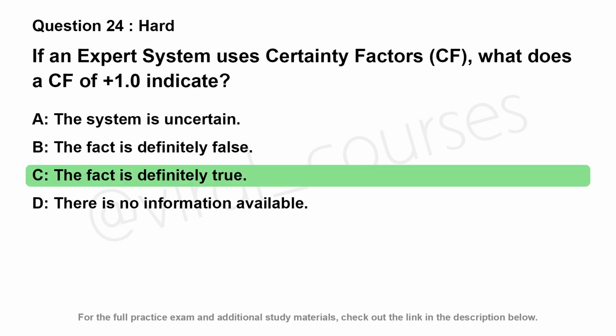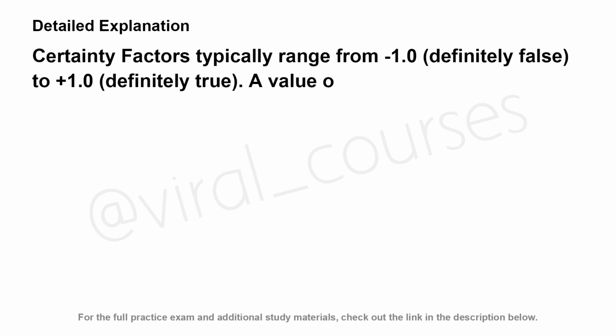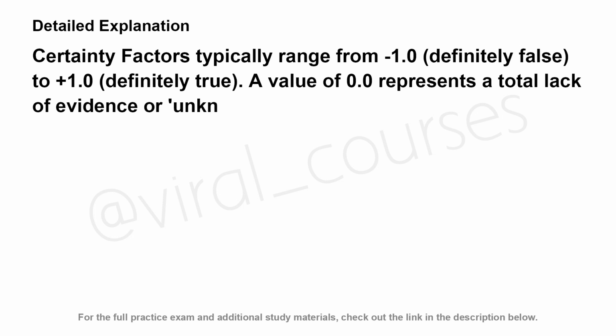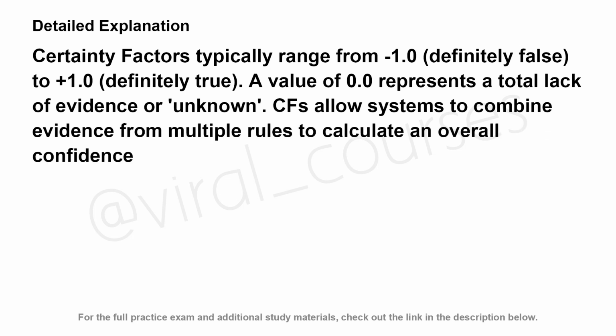The correct answer is C. Certainty factors typically range from -1.0, definitely false, to plus 1.0, definitely true. A value of 0.0 represents a total lack of evidence or unknown. CFs allow systems to combine evidence from multiple rules to calculate an overall confidence level. In a conclusion,